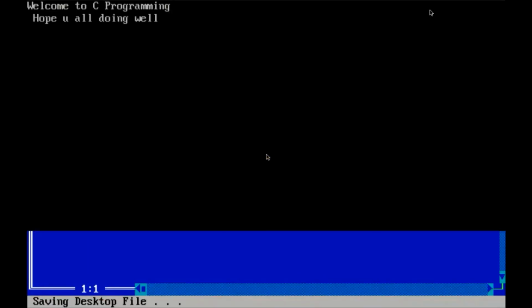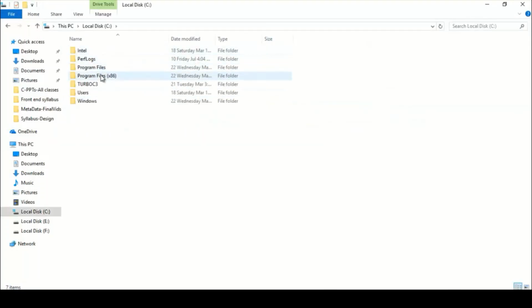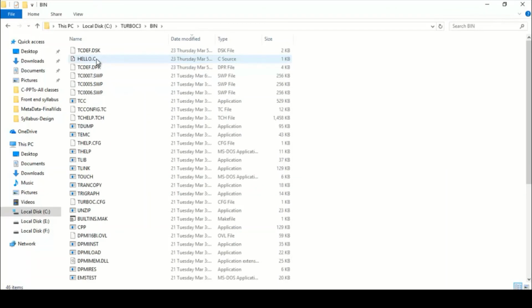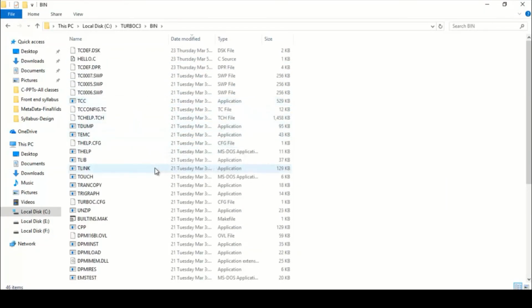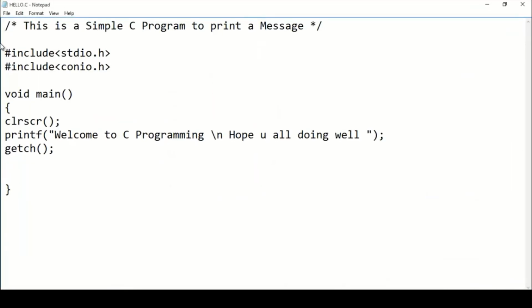So I'll close this window and show you where this file is exactly stored. Open your C drive. Here open this turbo C3 directory. Here search for the bin folder. So hello.c, where is that file? Here it is, hello.c, which we just did. Just right click on it, open with notepad. So this is what we have done in the